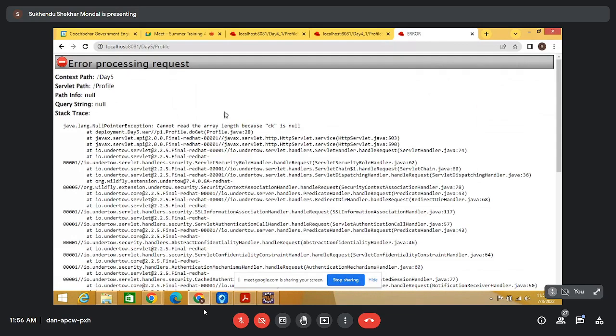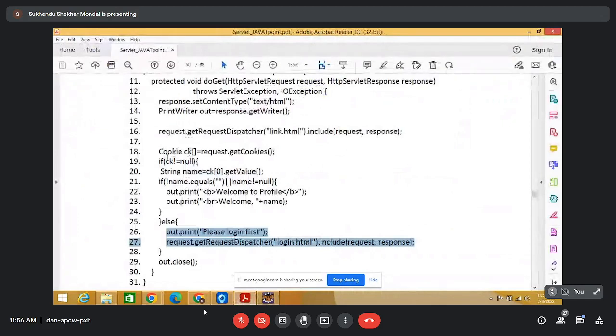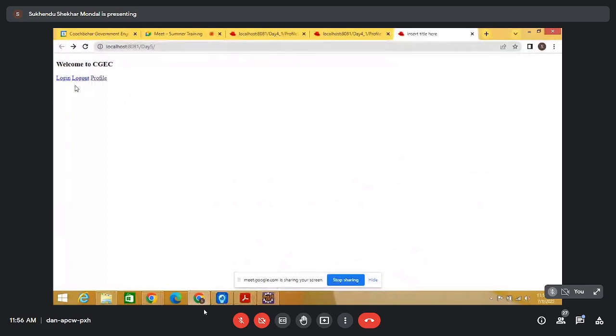এই প্রোফাইলে গিয়ে ডে 5-এ প্রোফাইল সিকে ইজ নাল। তাহলে প্রোফাইলে আমরা প্রথমে রিকোয়েস্ট ডট গেট কুকিজ করেছি। এটা অ্যাকচুয়ালি করা উচিত ছিল সিকে নট ইকুয়ালস টু নাল যদি হতো। এদের লজিকটাই এখানে ঠিক ছিল, যে ইফ সিকে নট ইকুয়ালস টু নাল, দেন আমাদের এটা করা উচিত ছিল। ওকে, সে যাই হোক, এটার আলাদা একটা প্রসেস আছে, তোমরা কোডটা একটু চেঞ্জ করে নিও।